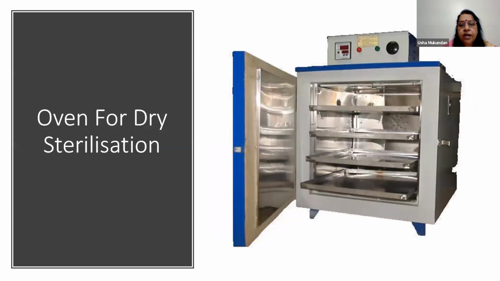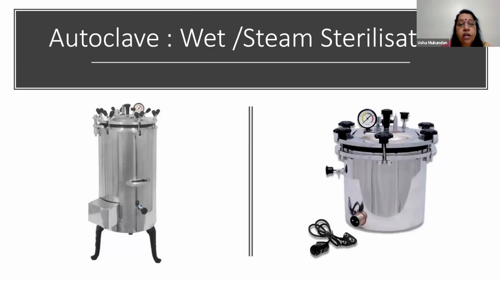There are 3 types of sterilization techniques, as you know, and normally the culture vessels and containers are sterilized using dry sterilization in an oven. So glasswares and test tubes and other things can be done by dry sterilization. When you use an autoclave, you call it wet or steam sterilization.